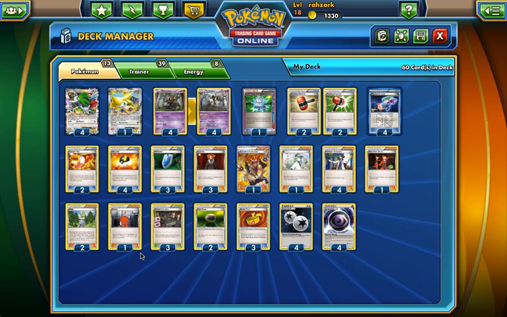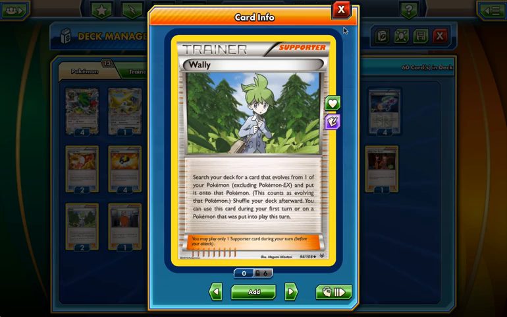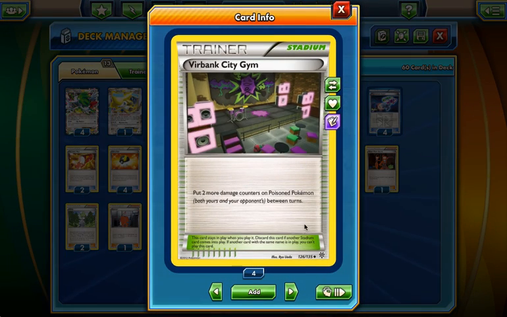than it was to go for the Wally on the first turn. Sometimes that happens. So yeah, I'm only playing a couple. I feel like they serve me well, so I don't really think we should play more in the deck. But of course, you guys are entitled to your opinion, so if you think I'm wrong, please tell me so in the comments below. We have 3 Verbank City Gyms, mostly to trump our opponent's Silent Labs because we want